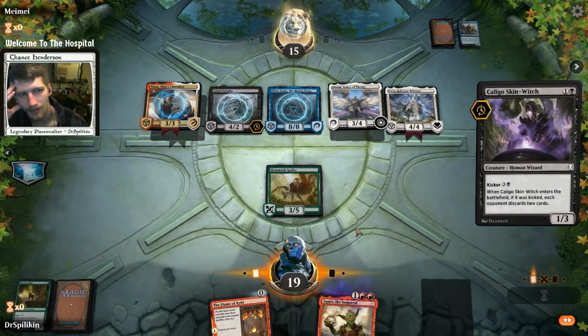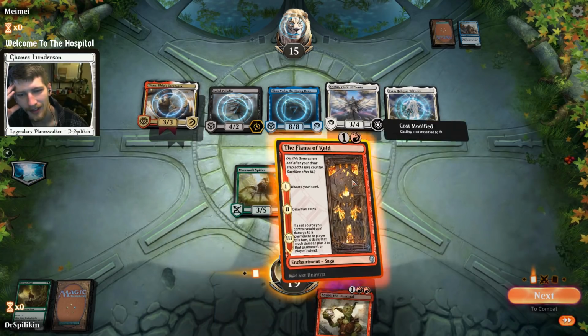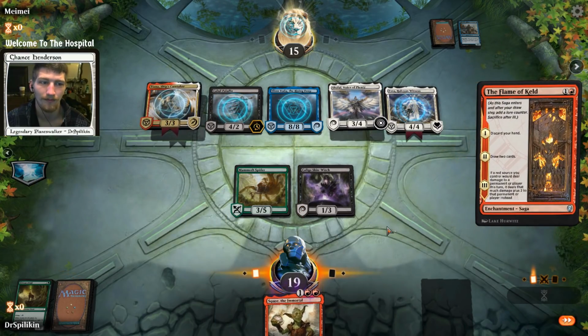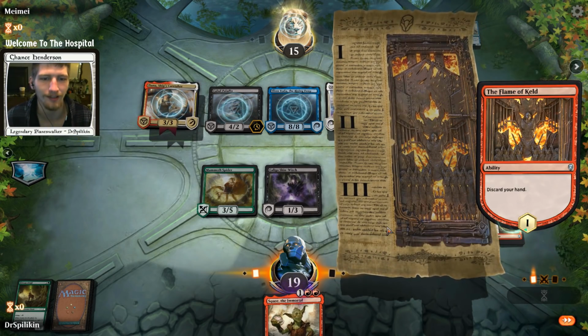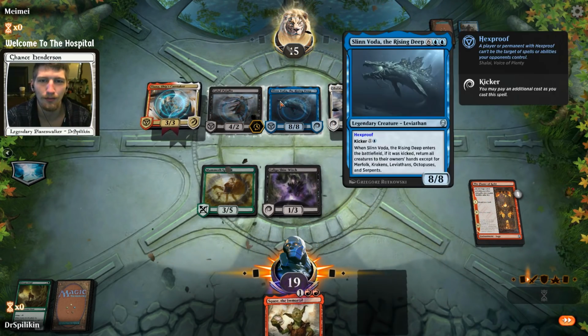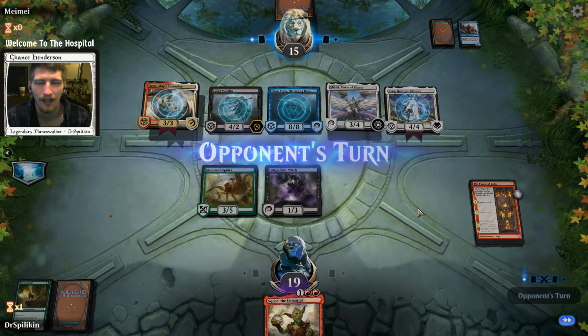I mean, it doesn't really matter for us to kick it out here. We can't play the Squee back, which is such a pain in the ass. We're just gonna have to hope that Flame really gives us something come next turn, or we're looking in a dark spot. Super unfortunate they managed to pick up the Slinvoda, the Shala, the Evra. I guess